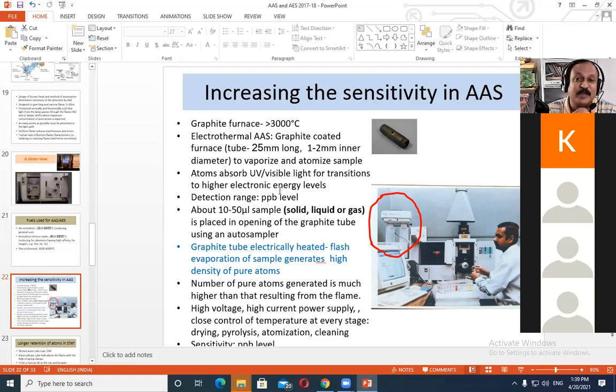The cost of an atomic absorption spectrophotometer with a graphite furnace could range from something like 30 lakh rupees to about 50 lakh rupees. Any idea? No, sir. 2 or 3 feet maybe. On a laboratory scale, maybe 2 or 3 feet. Okay, any other answer anybody wants to give?